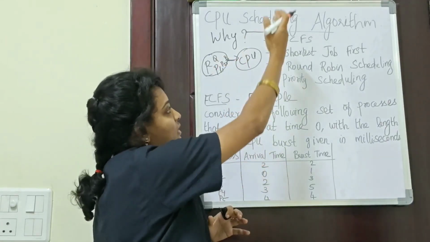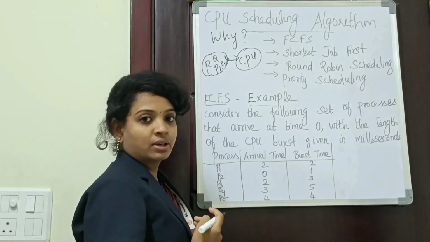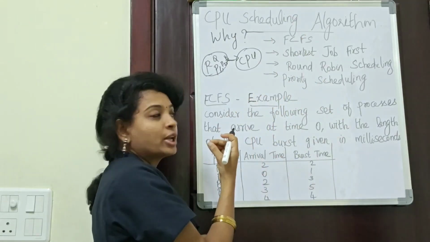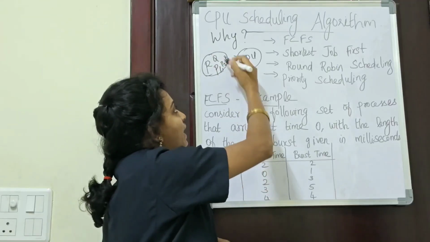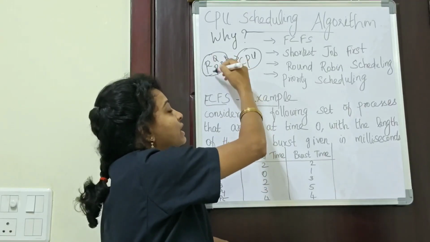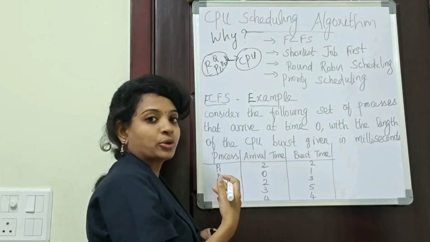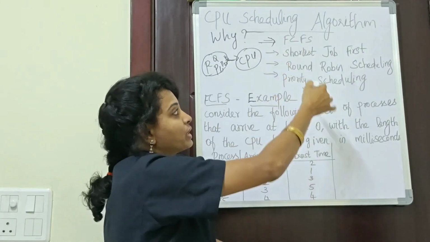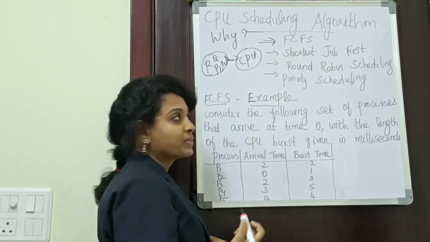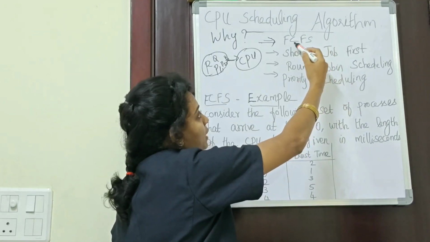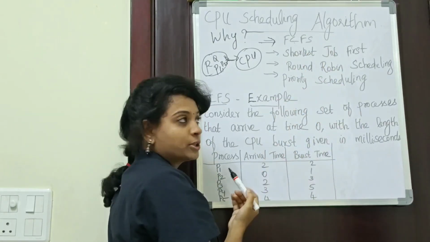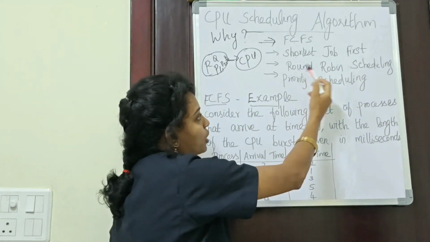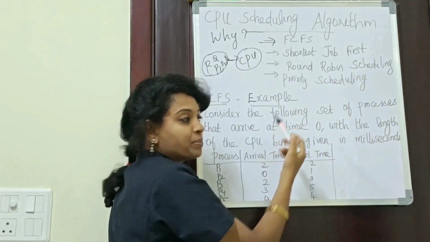For that reason, the scheduling algorithm was devised. Based upon this scheduling algorithm, we can assign which process in the ready queue is to be executed first. Here we have many different types of scheduling algorithm. The first one is first come first serve scheduling algorithm, shortest job first scheduling algorithm, round robin scheduling algorithm, and priority